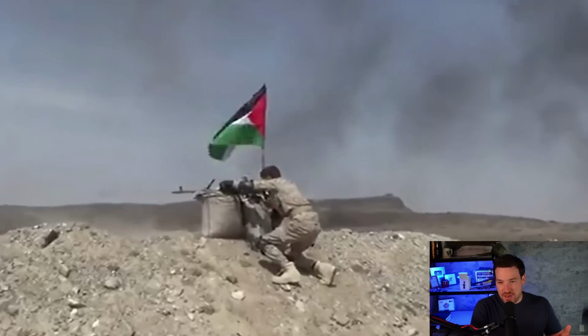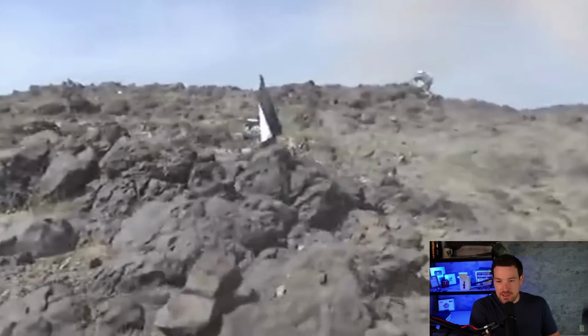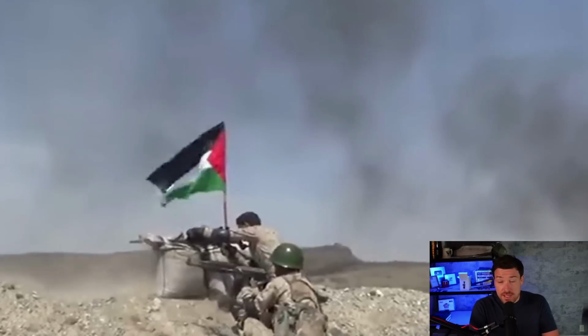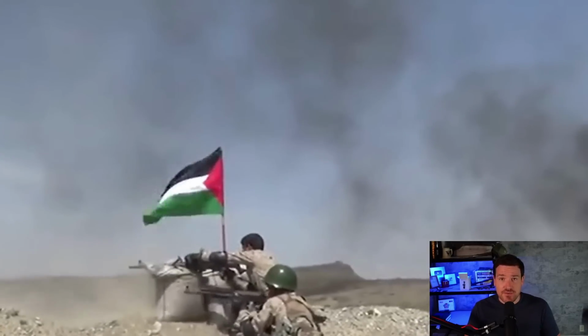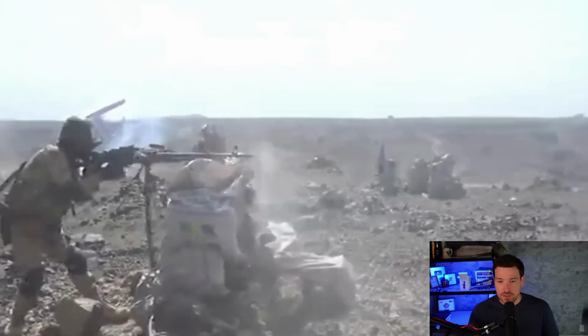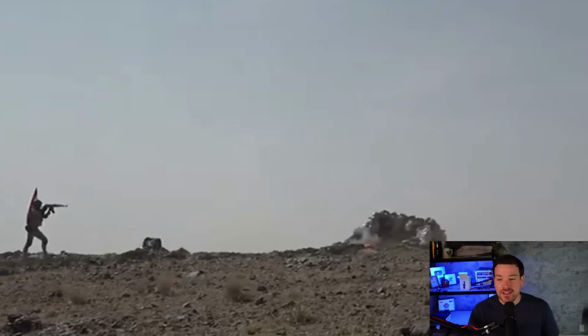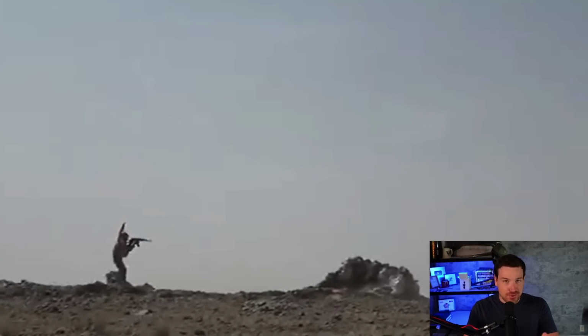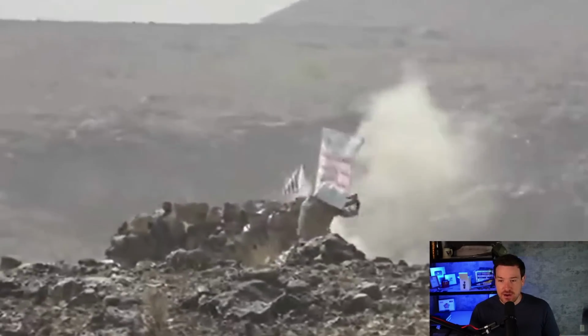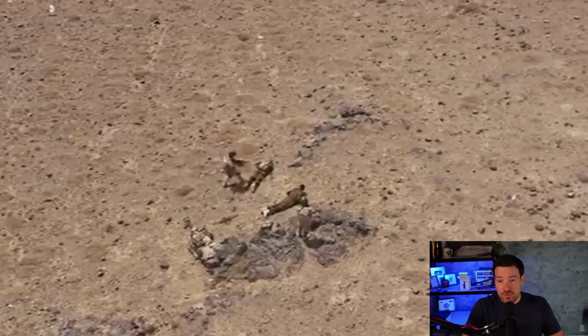right? If there's an outpost that is attacked by the Houthis, and then it gets overrun or even takes a handful of casualties, it's likely you're going to have some sort of relief column coming in. That relief column is probably pretty heavily armed, probably has an air escort, and is not just a handful of like 2-ton type trucks that we see in this one here. But nonetheless, this does speak to what could play out on the ground, and the Houthis are preparing